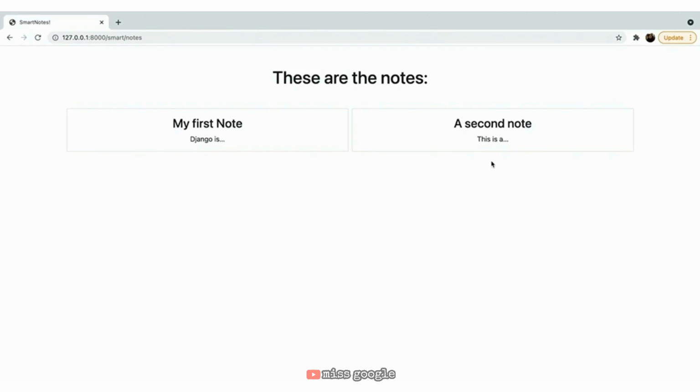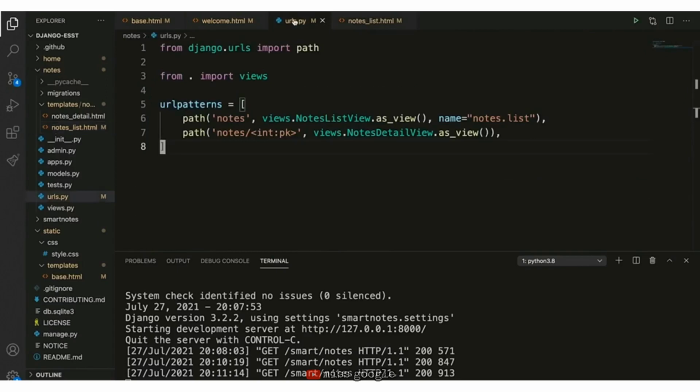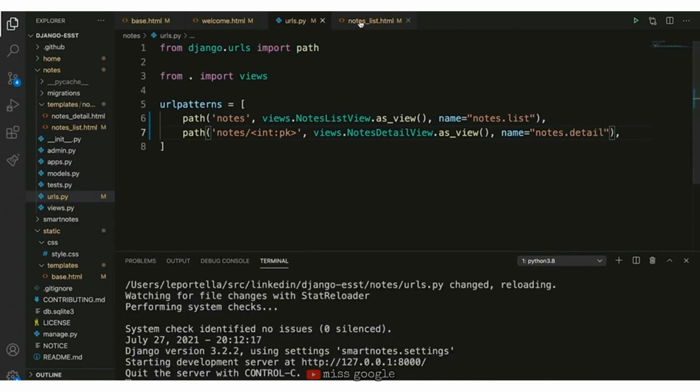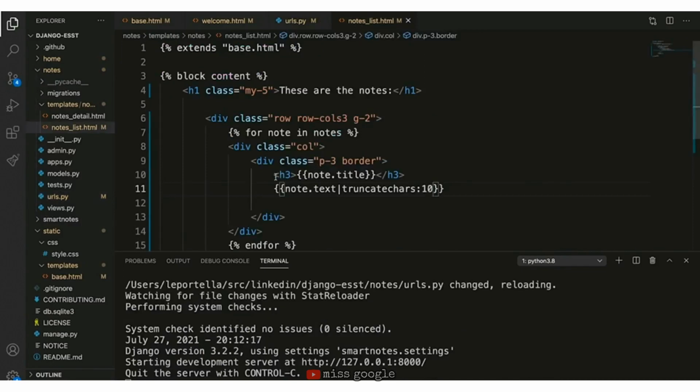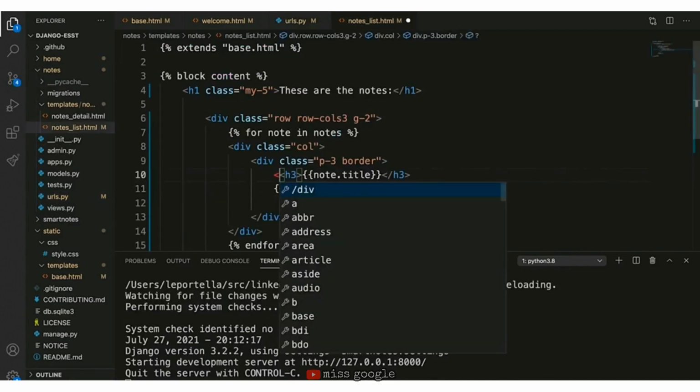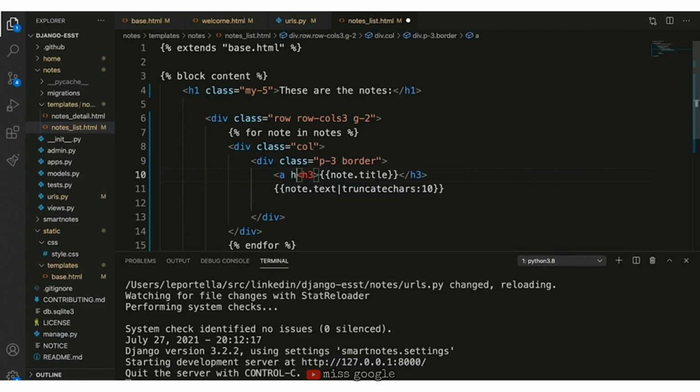Okay, so it's still missing a couple of things. We can't really access all the details of that particular note. So we're almost there. First, let's give a name to the detail URL as well. So let's go back to urls.py, and then in here, let's add name equal to notes.detail. Okay, so now we can go back, and in the title, we can add the link. So it's going to be an a with href equal to